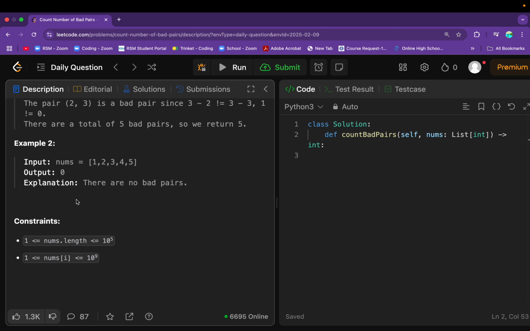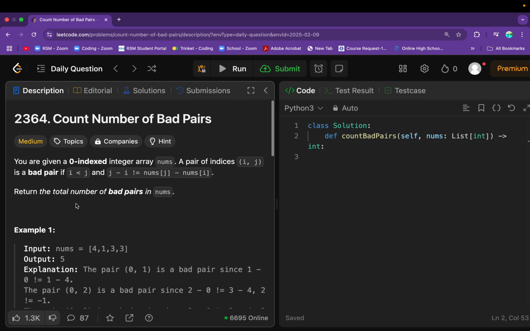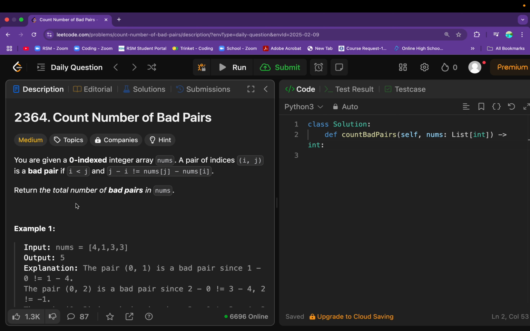So let's talk about how we can lead to our solution for this problem. A good observation to make is that instead of comparing the differences between indices and values directly, all we have to do is compare the expression that the problem gives us. This expression isn't nice to work with, so if we use some simple mathematical properties and rewrite this equation by moving some elements to the right-hand side, we see that j minus nums[j]